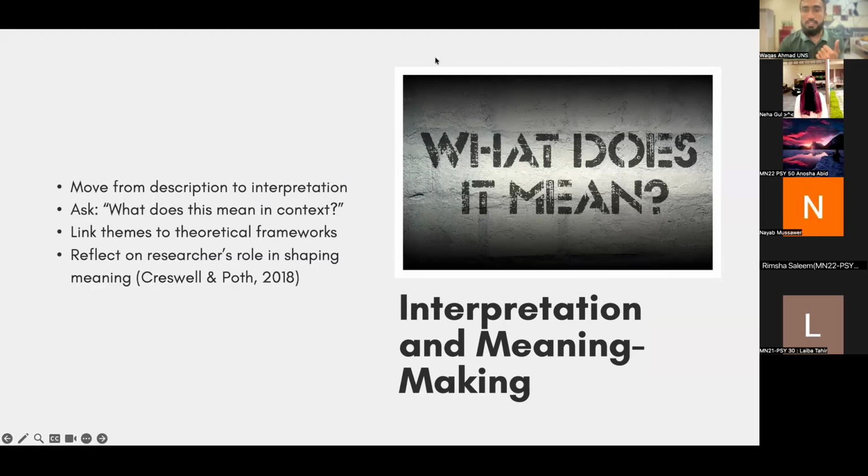Again, what does it mean? Why do I have this slide here? Because when I am doing all the research, I need to remind myself, what am I doing? Why am I doing it in this way? Because I am not the authority in the research. So interpretation and meaning, both are important. And so